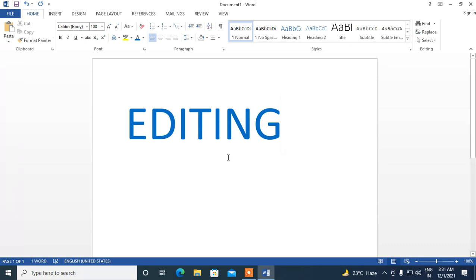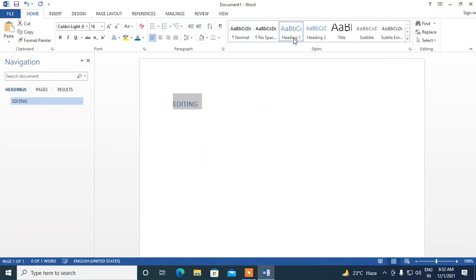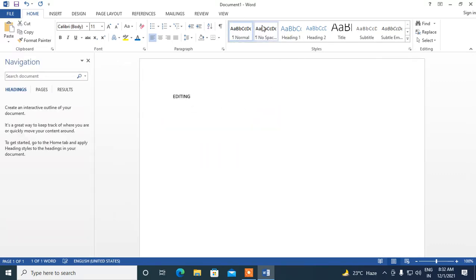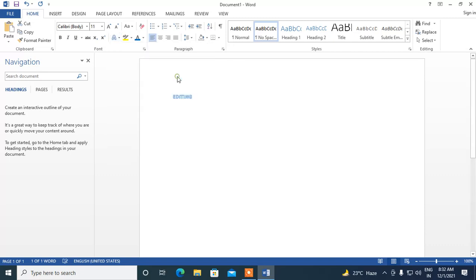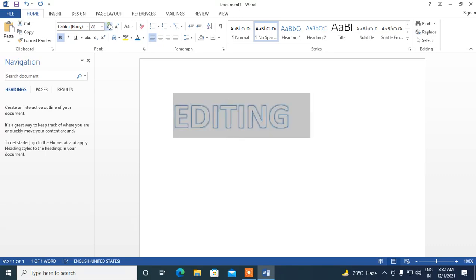So what is editing? That is very important. Editing is a process of making changes to the text. If I make any changes to the text, it can be changed in any format. If I make changes in any way, that is called changing of text. So yeah, I can increase the font from here. I am changing, and that means I am editing, right?